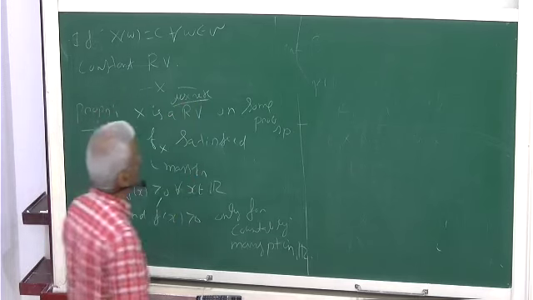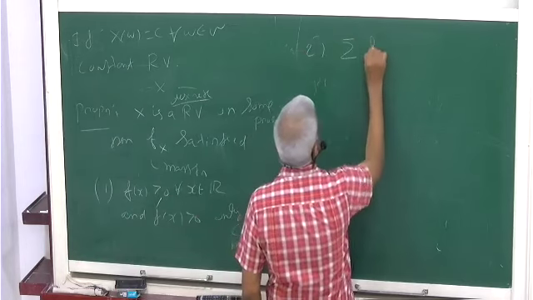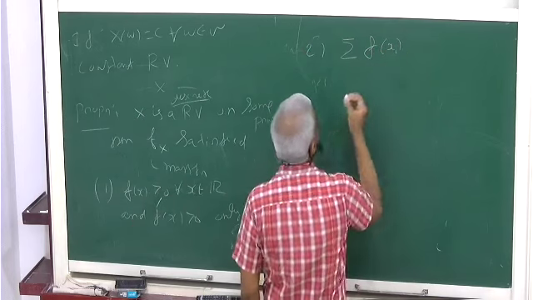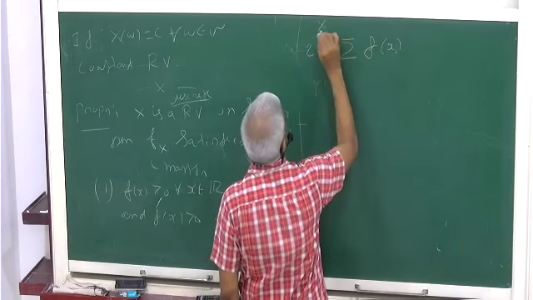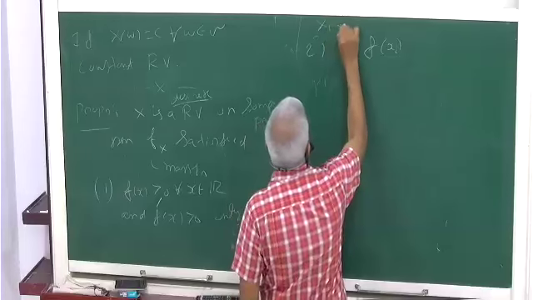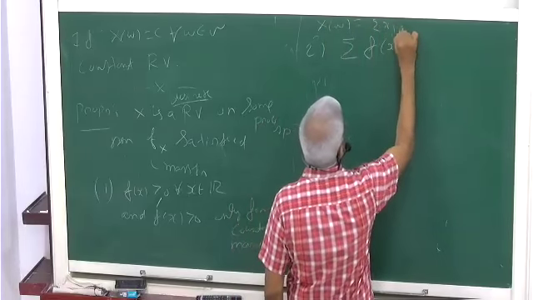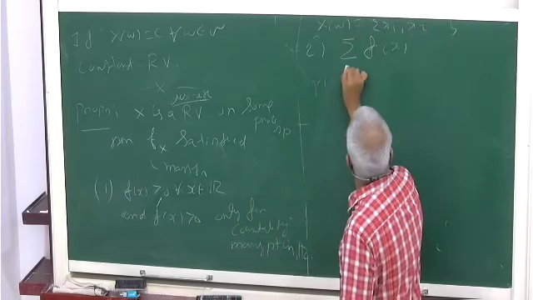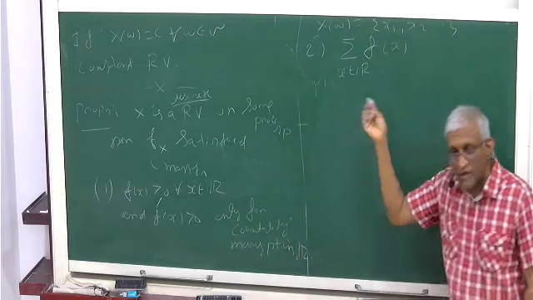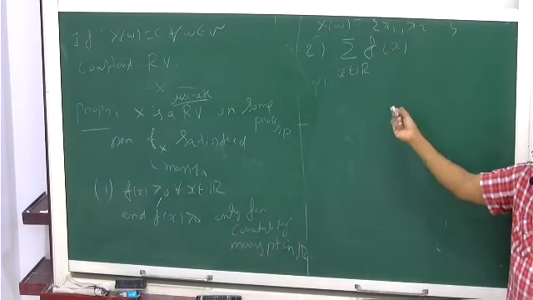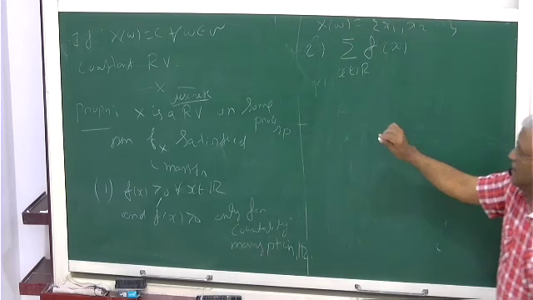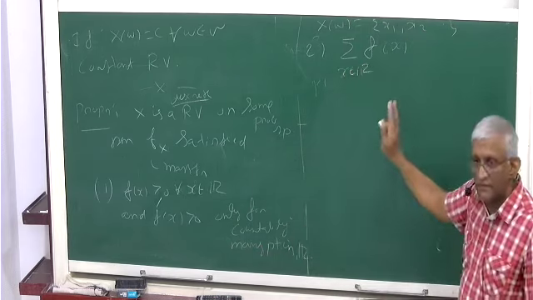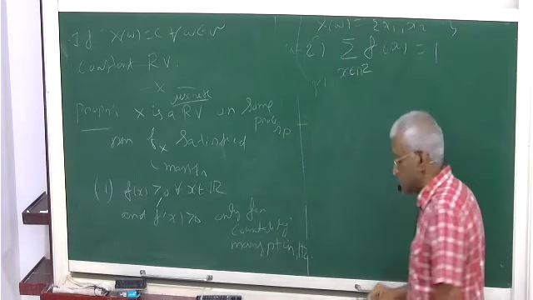And the second condition is the summation. This is a countable sum. You can use f of x_i, where x of omega equals some x1, x2 and so on, or you don't need it. You can just write it over x in R, because it is non-zero only for countably many. There's nothing wrong in writing like that. So this is equal to 1, of course.